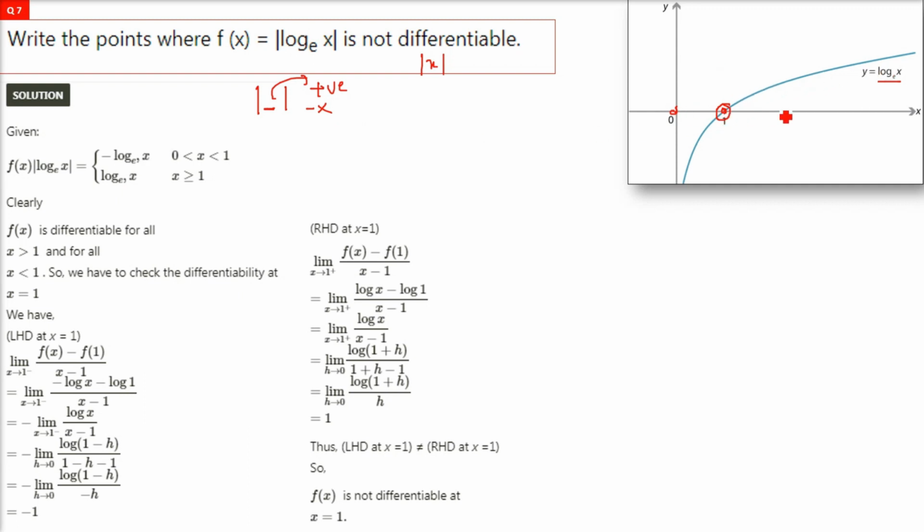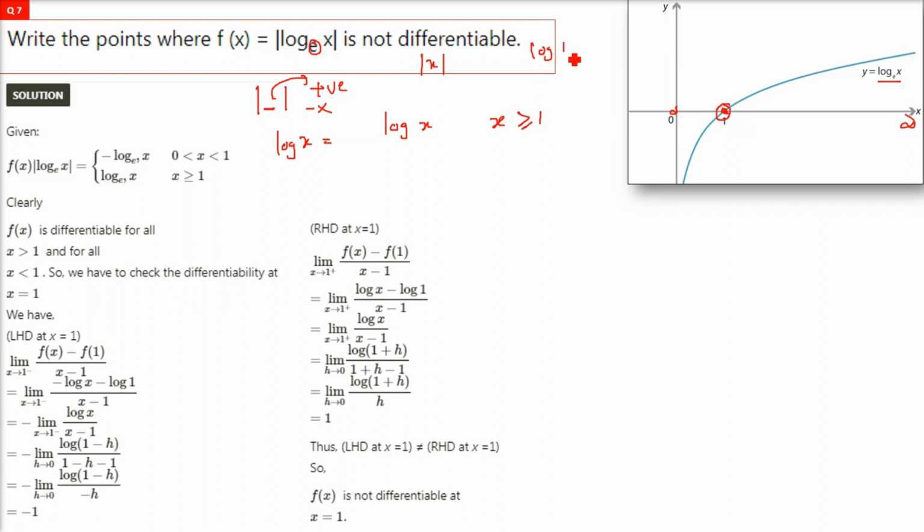And once you go ahead of 1, that is 1 to infinity, which you see in the graph also, the graph is positive. For any value of x above 1, it's positive. So first we have to make the function so that we can actually go to the differentiability. So modulus of log x will be, if it is between 1 to infinity, or you can just say x is greater than or equal to 1,